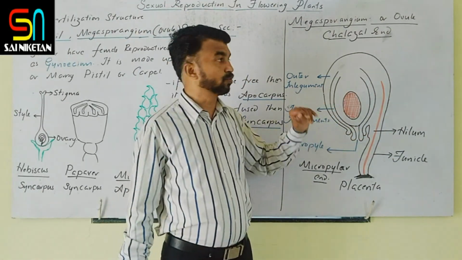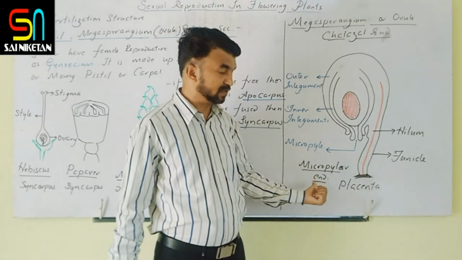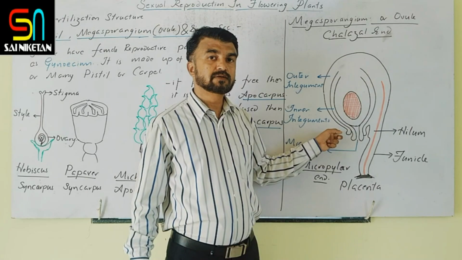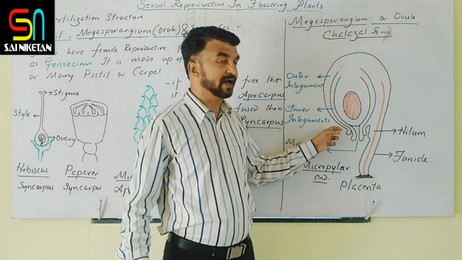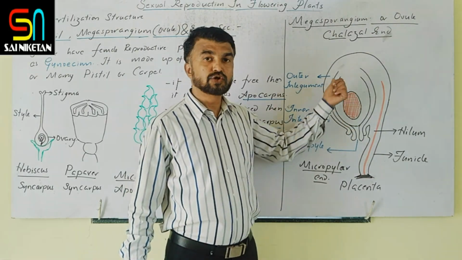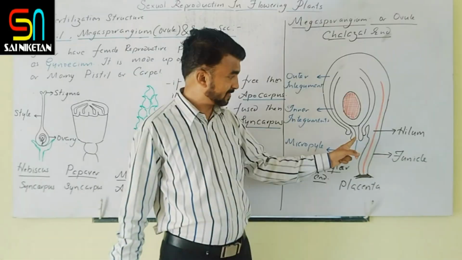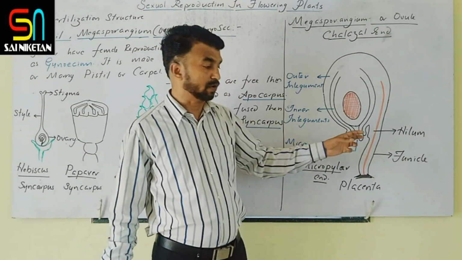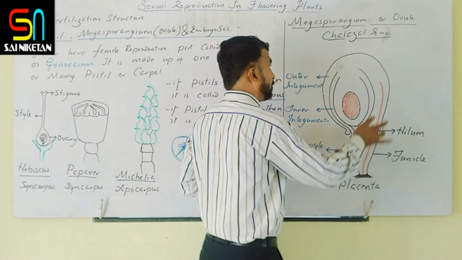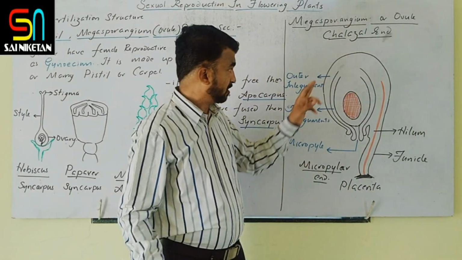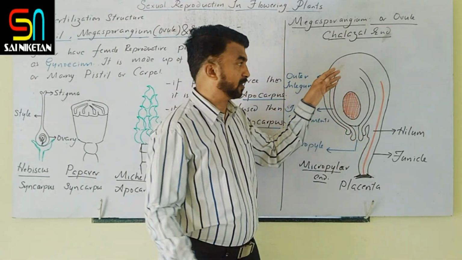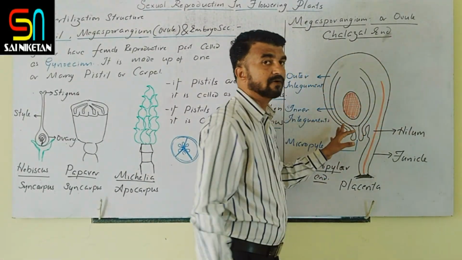So the ovule has 2 poles. One end is called the chalazal end, and the other end is called the micropylar end. The ovule is an integumented one, covered with either 1, 2 or 3 integuments, though sometimes the integument is absent. The integument covers the ovule completely except at one point. That point is called the micropyle. That end is called the micropylar end, and the opposite end is called the chalazal end. All the integuments originate from the chalazal end and cover up to the micropylar end.